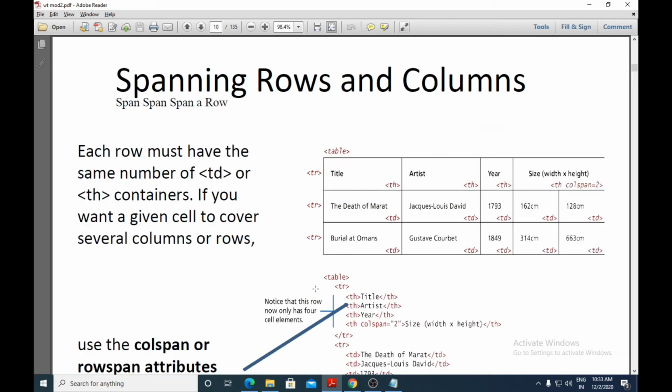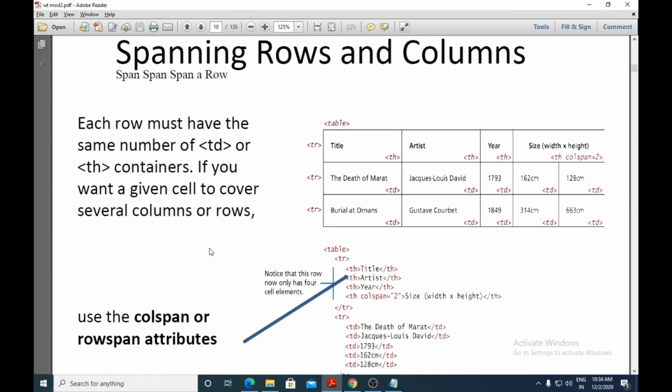Okay, next topic we have here is spanning rows and columns. Each row must have the same number of td or th containers. If you want a given cell to cover several columns or rows, use the colspan or rowspan attributes. What they're trying to say here is,